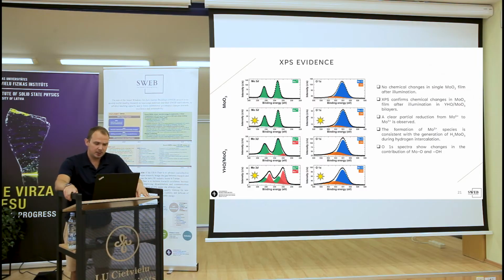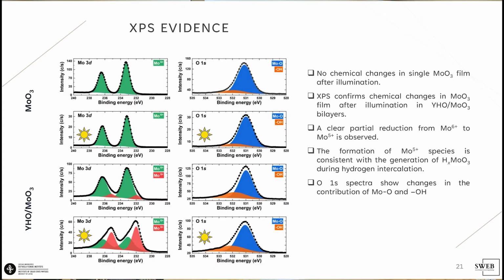And this is the evidence for molybdenum bronze formation. You see on the top two rows the XPS spectrum. XPS tells us about the chemical state of the material. And we see that in the molybdenum trioxide case, the spectra do not change after illumination, which means no changes happen. And also we see that for the molybdenum signal, only molybdenum 6+ is observed, so